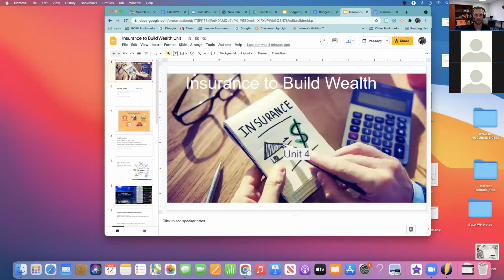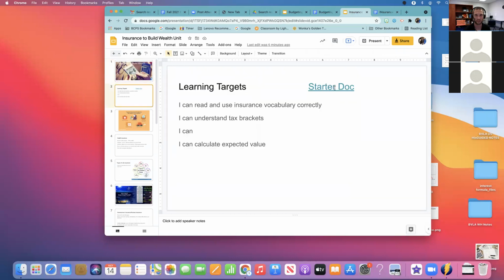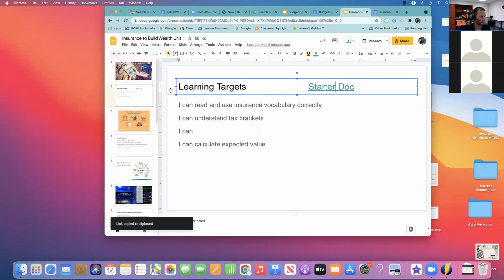And then I'm going to go to this insurance, and this is the same thing. And we're going to start the next unit with the same need to know for the insurance unit.